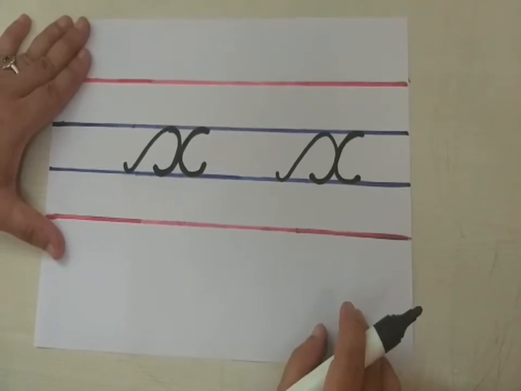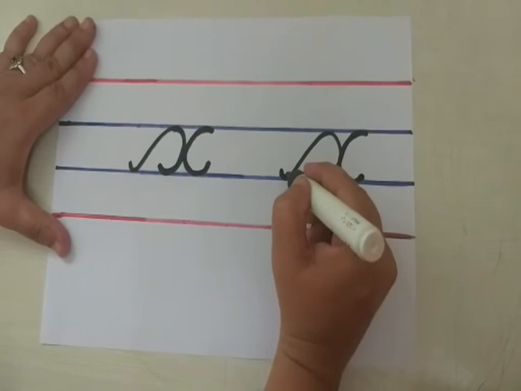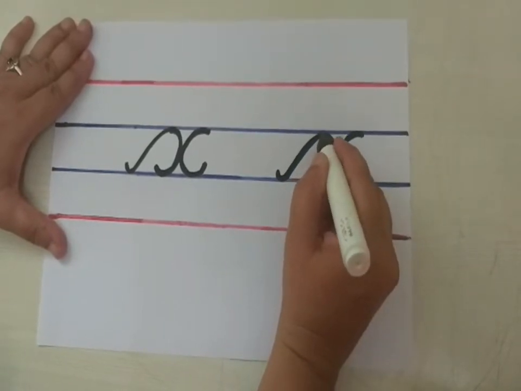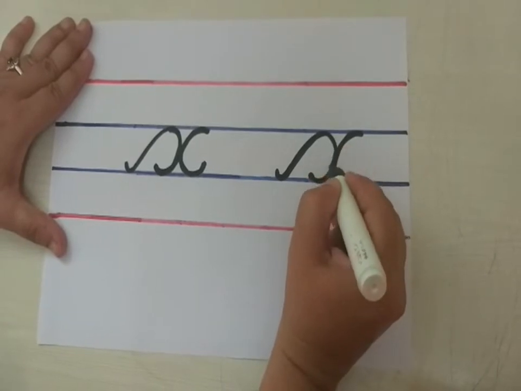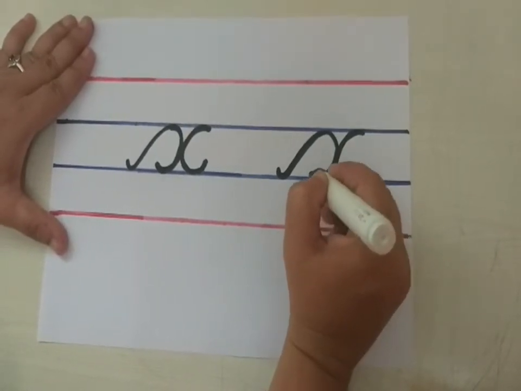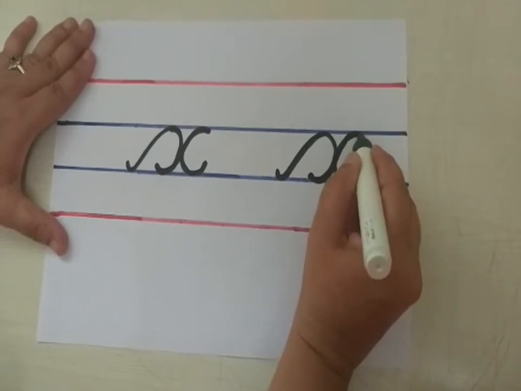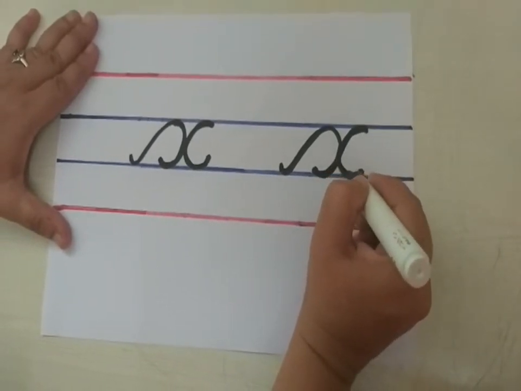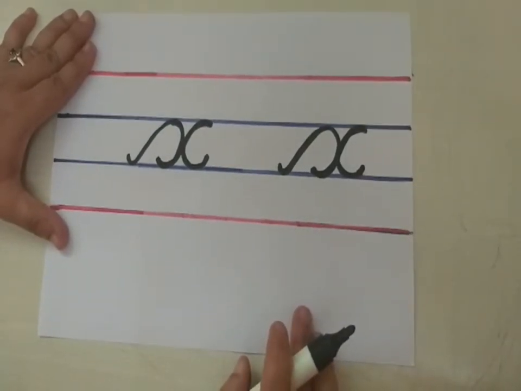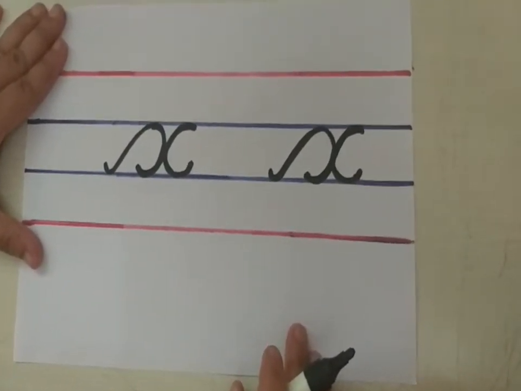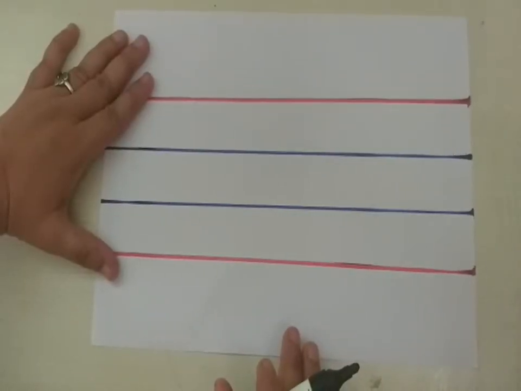Shall we write once again? See, take a small curve. Go up to the second blue line. Slanting line, children. Now again do a half curve here like that. Okay. Now from here you have to go up to the second blue line. Again come down to the third blue line and make a half curve, children. This is small cursive X. X after which letter comes, children?